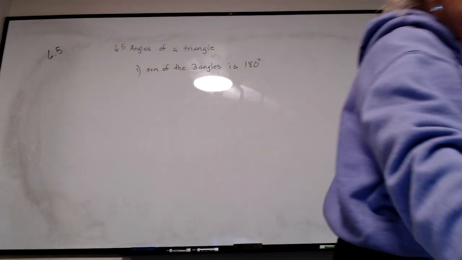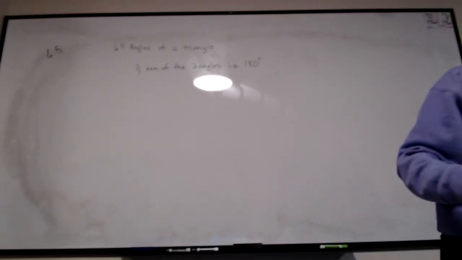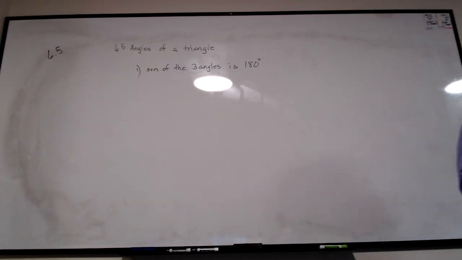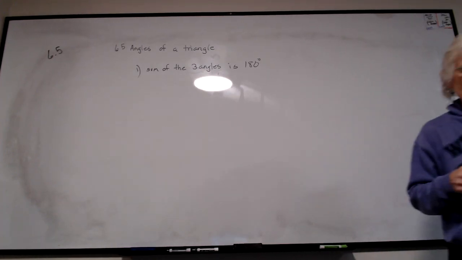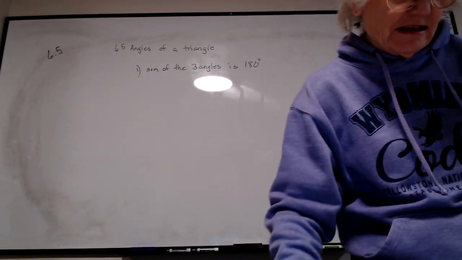So anytime you have a triangle, if you have two angles, you can always find the third. Okay, so that's something we use over and over and over and over again. Okay, so the next one is